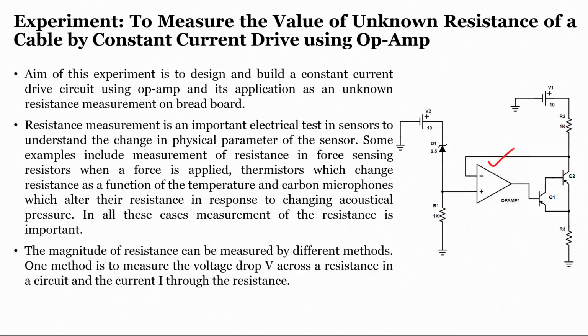Now, we will see how to use operational amplifiers in order to find out an unknown resistance. We know that in most cases, generally in the case of sensors, the simplest way of designing a sensor is the resistive type. By measuring the resistance, we will be understanding the physical parameter. That means we should have a circuit in order to measure the resistance value.